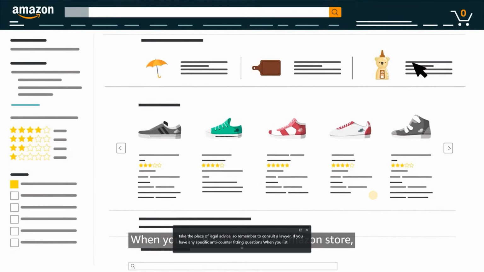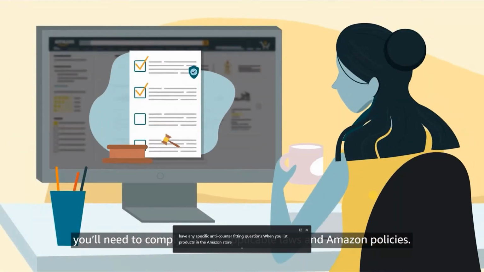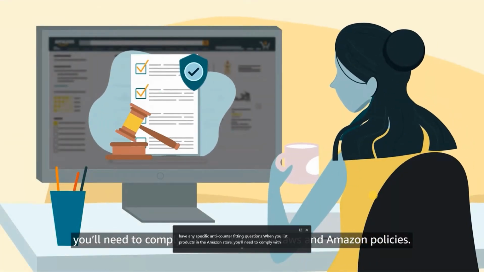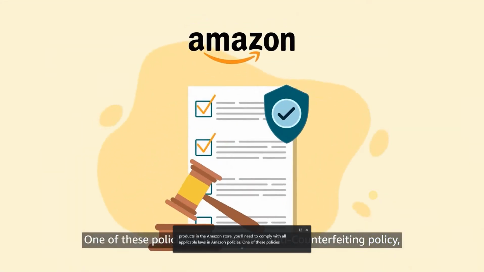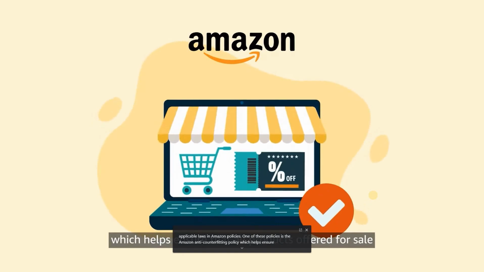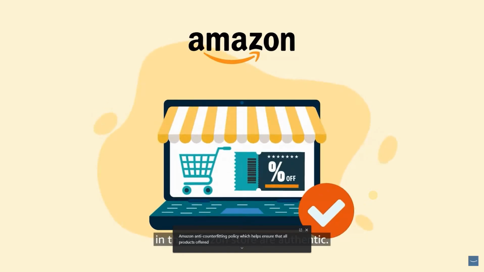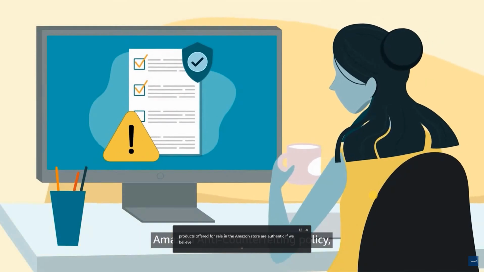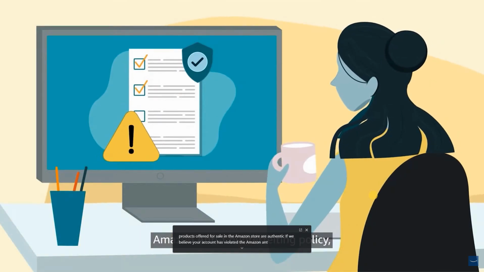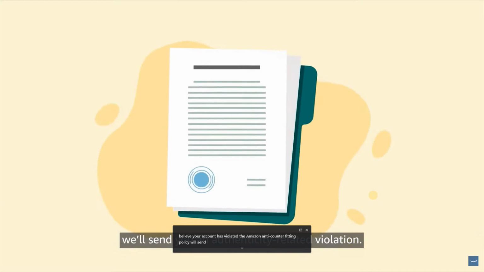When you list products in the Amazon store, you'll need to comply with all applicable laws and Amazon policies. One of these policies is the Amazon Anti-Counterfeiting Policy, which helps ensure that all products offered for sale in the Amazon store are authentic. If we believe your account has violated the Amazon Anti-Counterfeiting Policy, we'll send you an authenticity-related